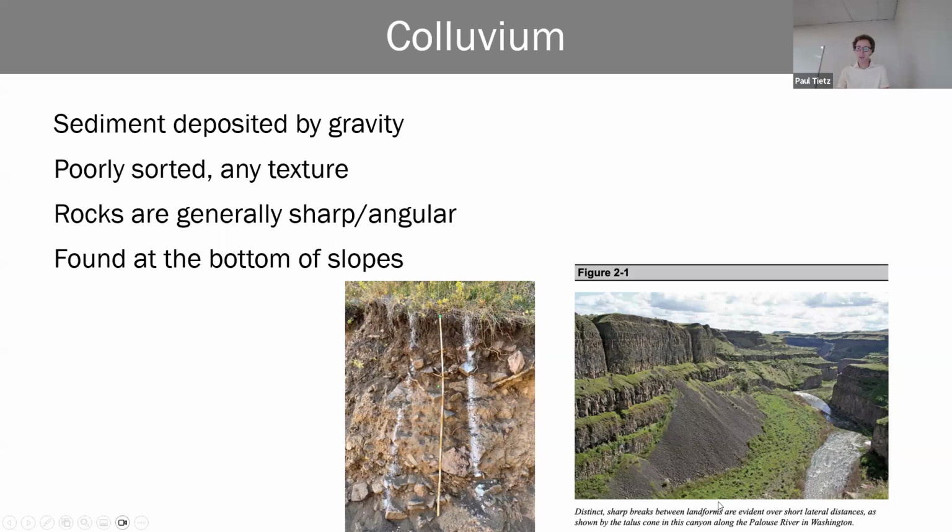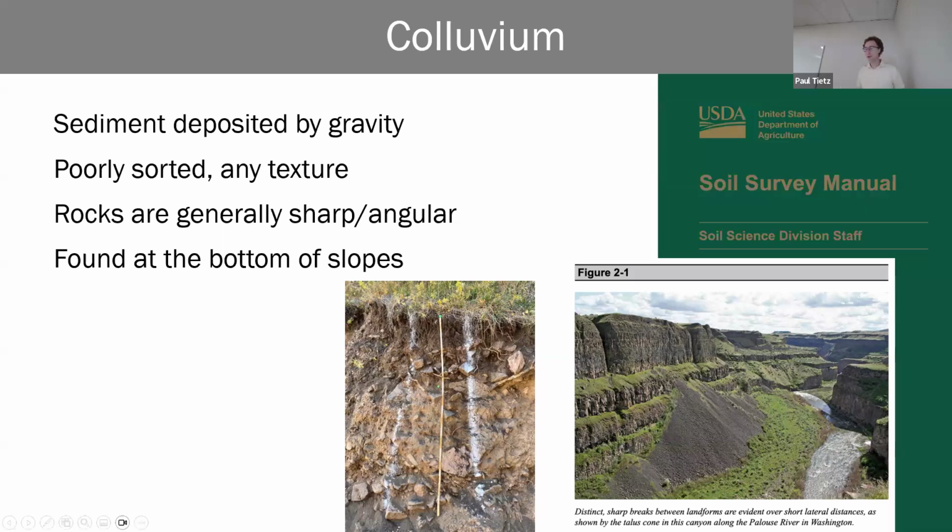picture from Palouse Falls State Park. This is looking the other way from the waterfall, if you guys are familiar out there. It's a really great example of colluvium parent material in a specific landform, in this case where we have this really steep slope that levels out. Basically, these are rocks, gravels, cobbles that break off of these cliffs and accumulate at the bottom. So it's such a great example. It's literally the textbook example in